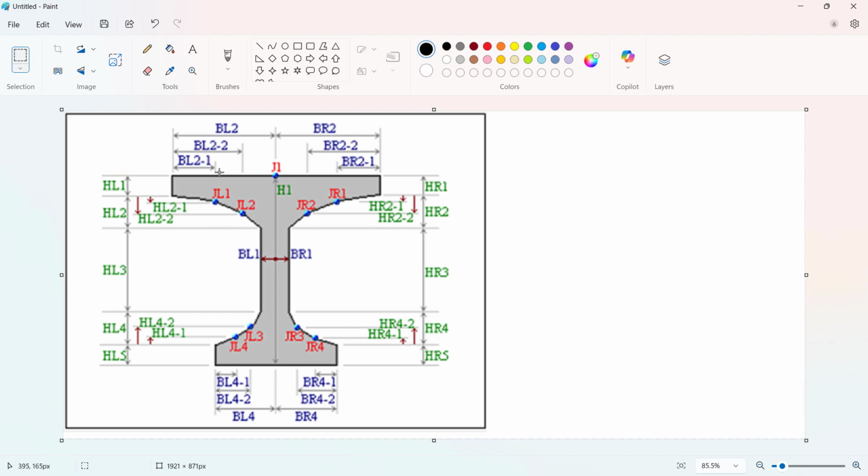So despite the asymmetry of the section, we will assume that our section is symmetric. So we will just cut down the L and the R part. So we will be left with the B2, B2.1, B2.2, B4, B4.1 and B4.2, and the B1 dimension. So we'll have the symmetric dimension on the other side. Same way, we will be having H1 as the top flange thickness and H5 as the bottom flange thickness. H3 will be treated as the height of the web, while H2 and H4 will have the height of the